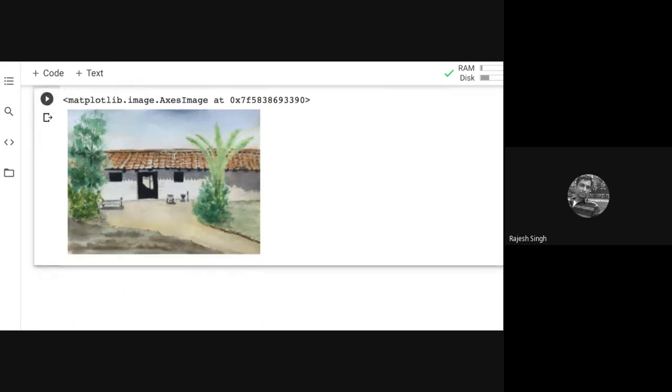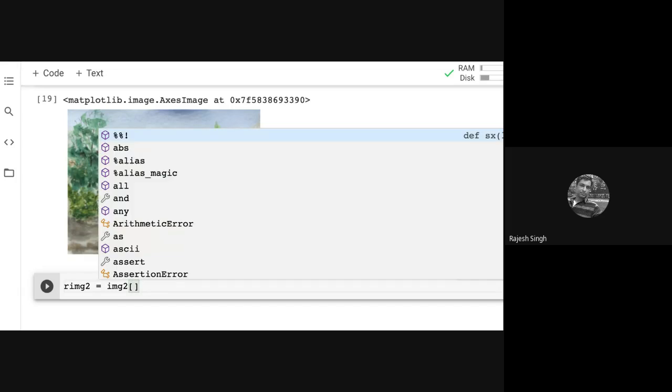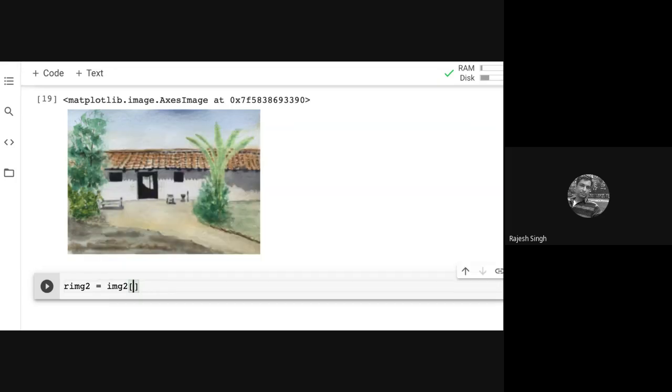Now let me extract the red component from this. RIMG2 is equal to IMG2, brackets, comma, 0.